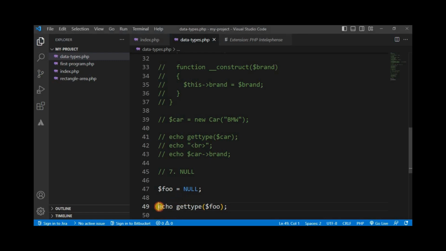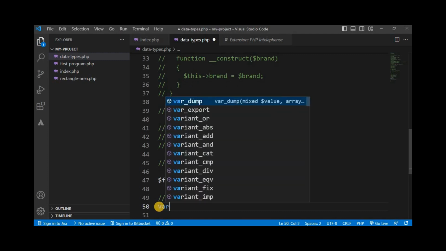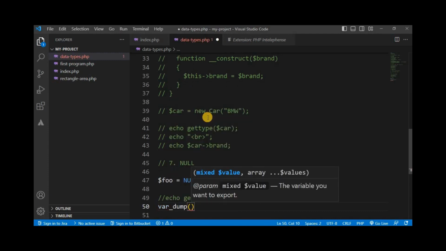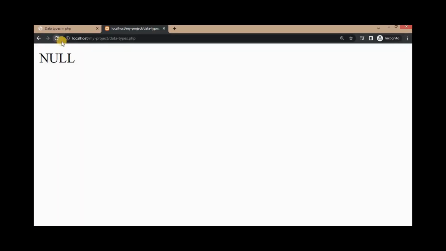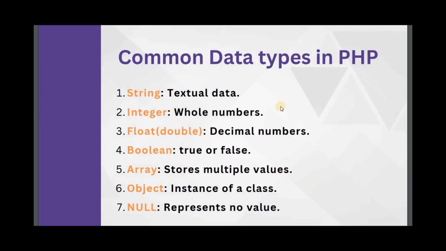And now if you want to print the value, you can use var_dump($foo). Again refresh. So here we are getting the value as null from that variable. So that's it for this tutorial. We have seen these different data types in PHP, that is string, integer, float, boolean, array, objects,